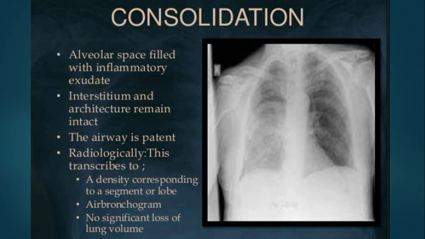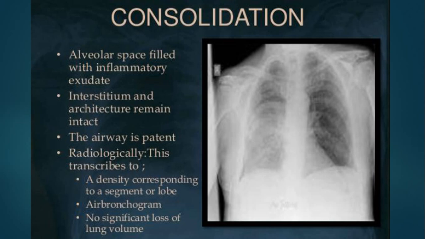This is an airspace disease, so the interstitial tissues are intact, they are not affected, just the airspace. The airways in consolidation, the bronchi and the bronchioles, are patent, not occluded. Only the alveoli are filled with